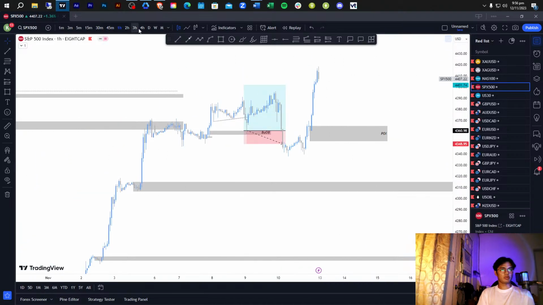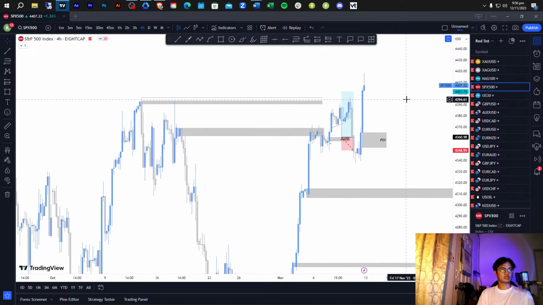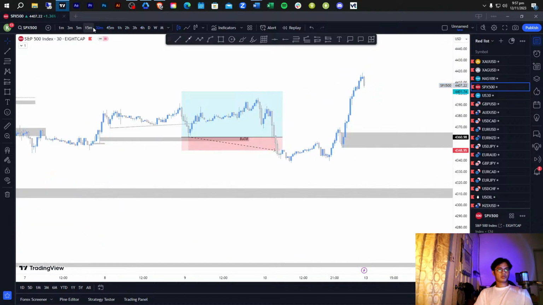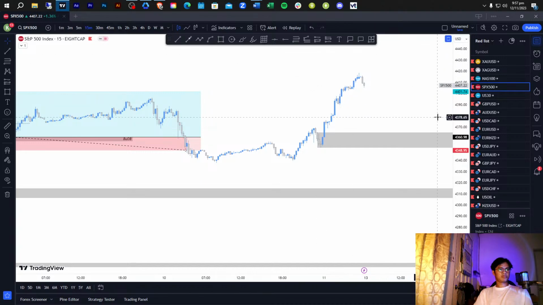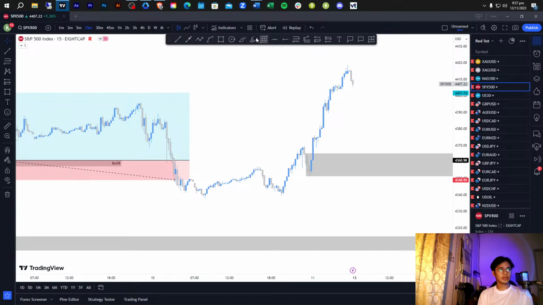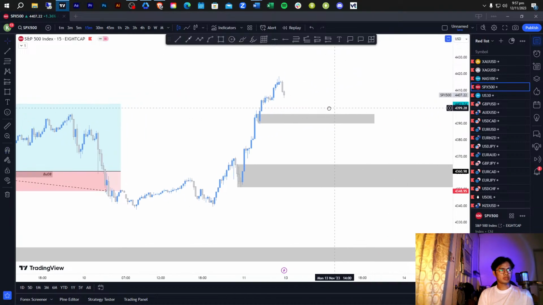So it's the same, we just have this broken. Let's see if there are any others. I think the price will just mitigate this area, this demand right here,